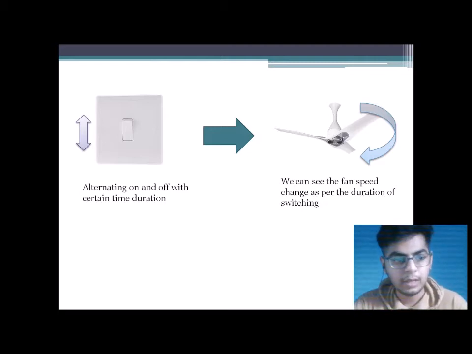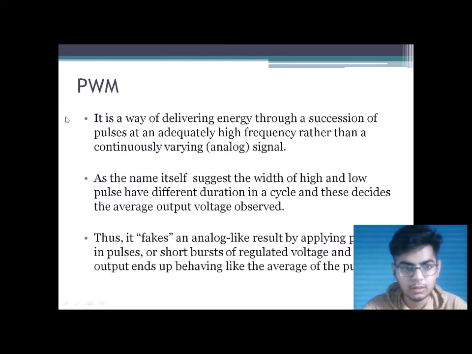So when we keep alternating this in a periodic manner, the fan averages this out, and you will still get a saturation speed of the fan which will be lower than its earlier saturation speed when we just kept the switch on. You can try this, switching on and off, and the fan will gain speed and then lose, gain speed and lose, and due to inertia it will attain a saturation where these effects neutralize. PWM is a way of delivering energy through a succession of pulses at an adequately high frequency